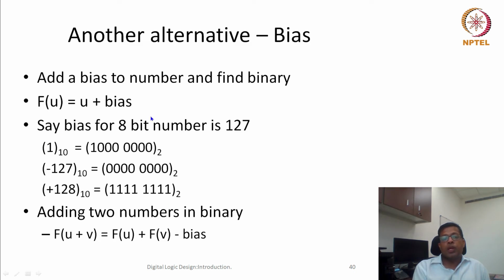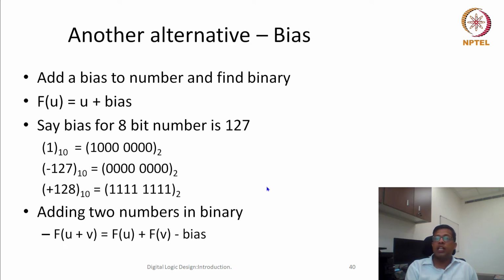Okay, so there are a couple of observations here. Now if I want to represent any number using the biased method, then for every number of bits, whether 6 bit, 7 bit, 8 bit, the bias has to be defined. It should be known to everybody who is doing computation. So it's better to standardize a bias if I'm using a bias method of representing negative numbers.